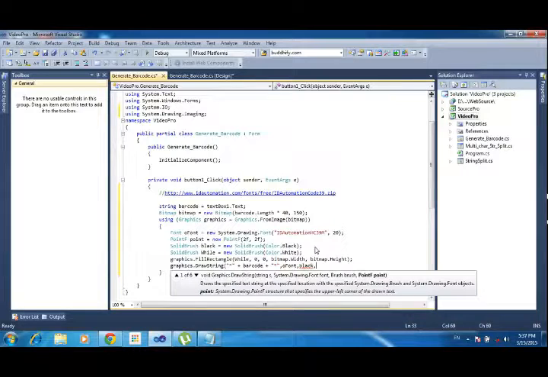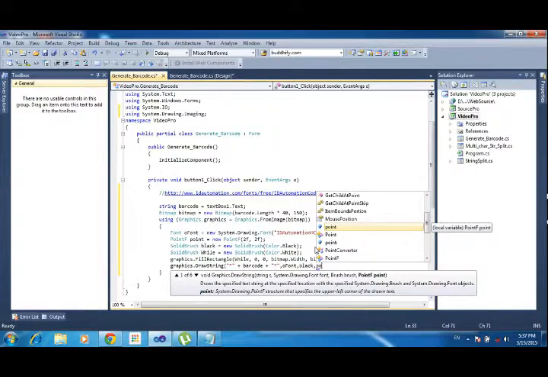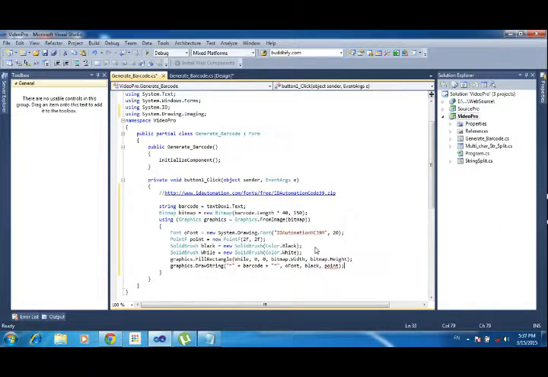The font color is black brush I am using, and I am using point for the font size. Here I am using white, so I am changing the name to white. Here also white.